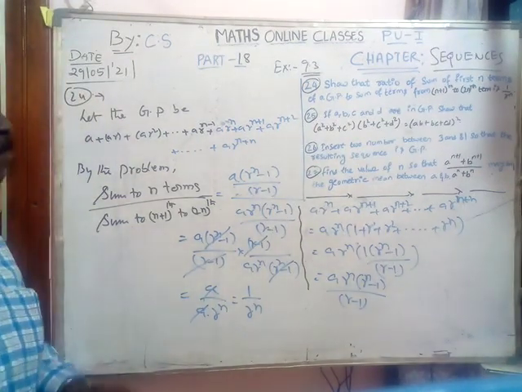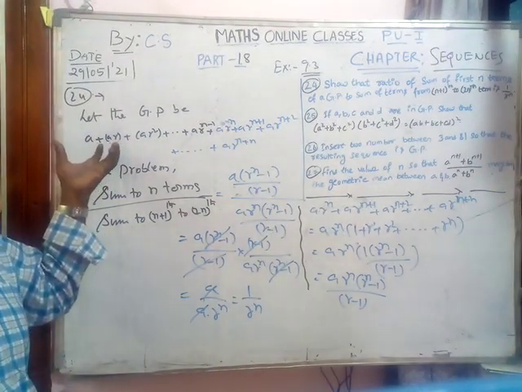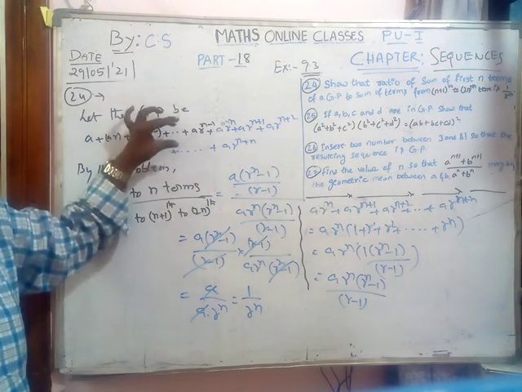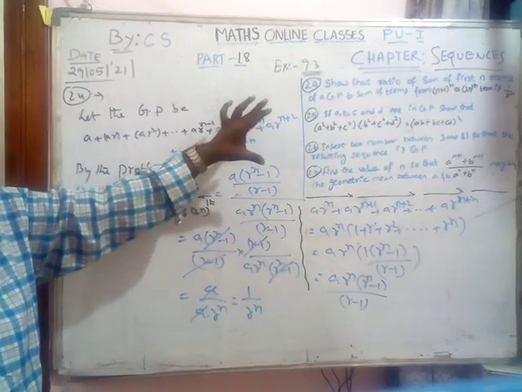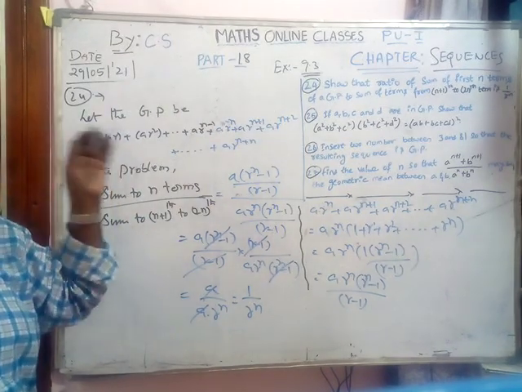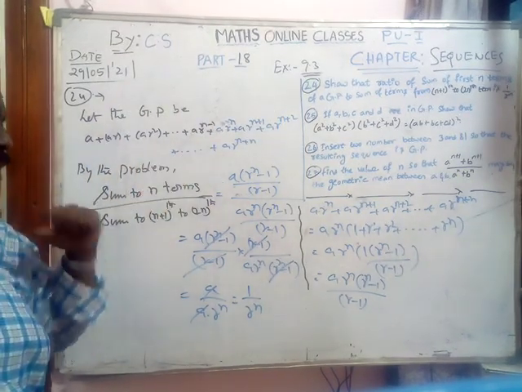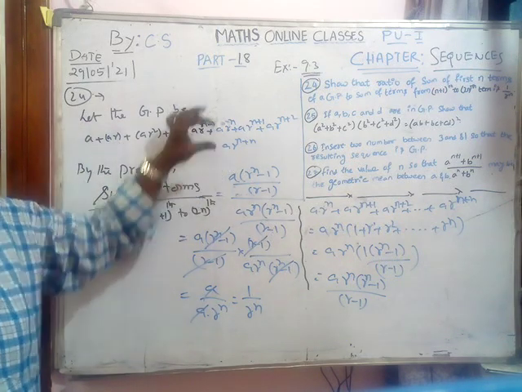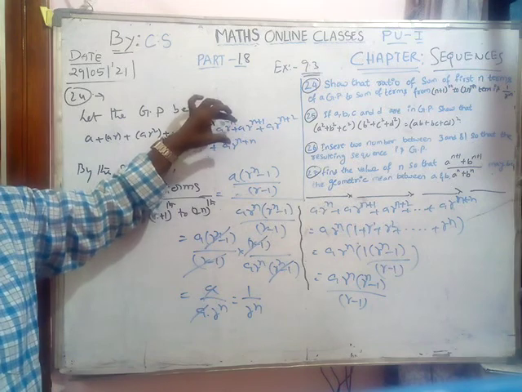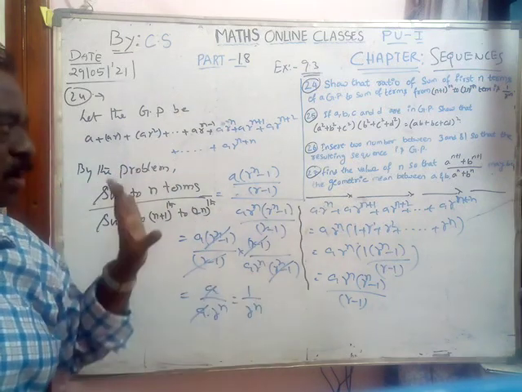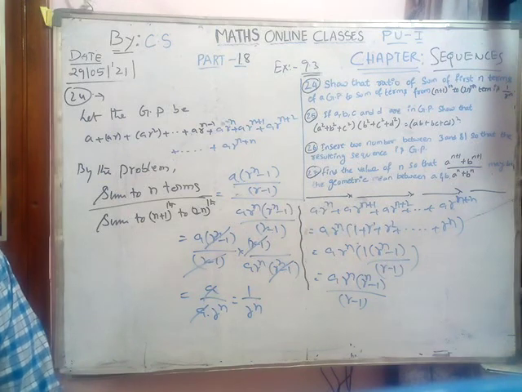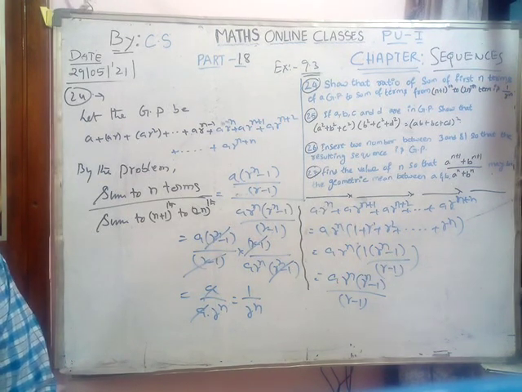Here the only problem is the consideration of the GP of 2n terms. First n terms in black letters, second n terms in blue letters. For understanding purposes, I am writing like that. Okay, now? This is directly a formula, the sum to n terms. The sum to the next n terms is that one. Okay, now? Right. So, it is over. The first one is done. Now, I will tell the next.